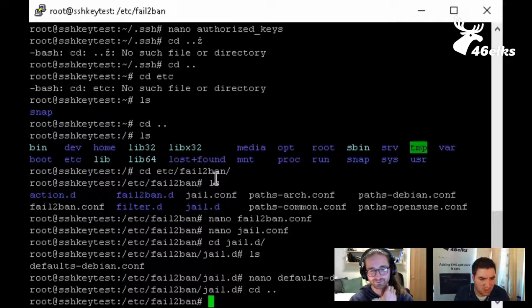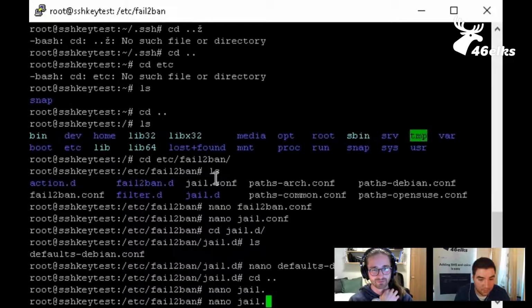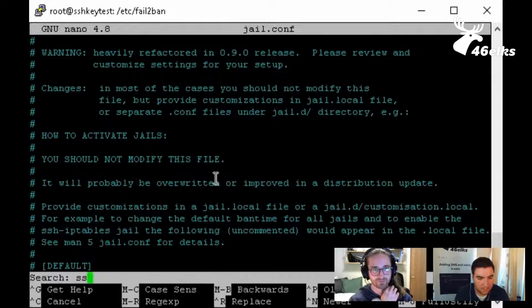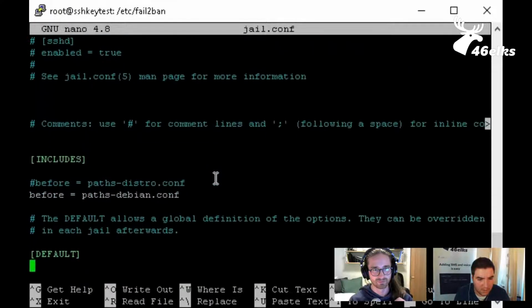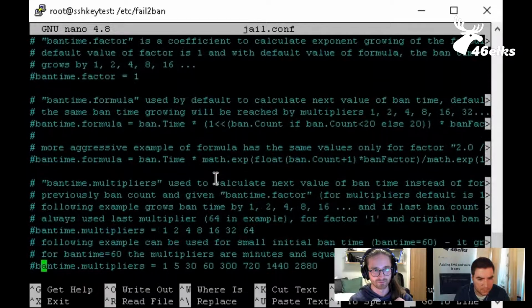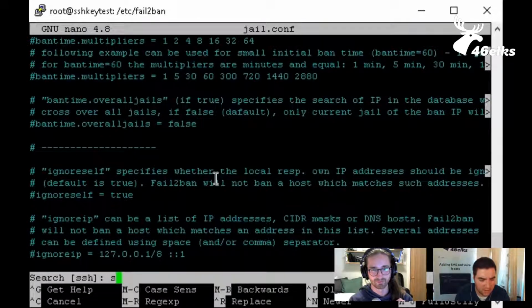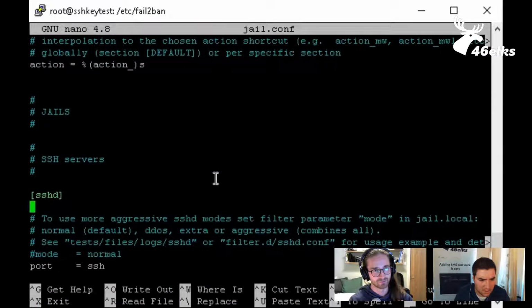So I just want to have an example of configuring it a bit. Let me go on. So fail2ban, jail.conf. Okay, so we go on to jail.conf. I open up a new file. That's cool. Okay, next in Nano. So when you search SSH servers,